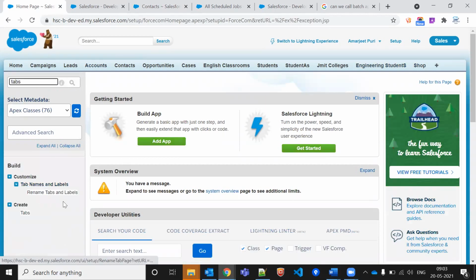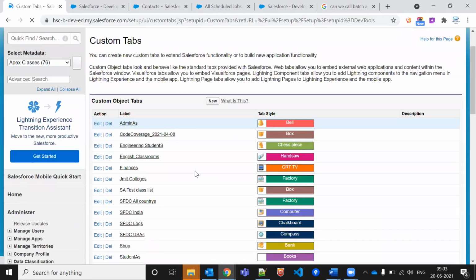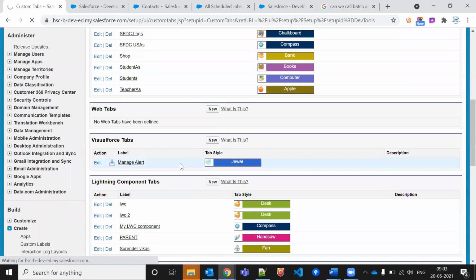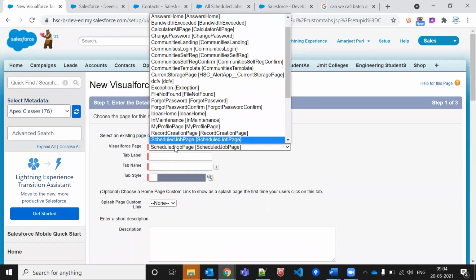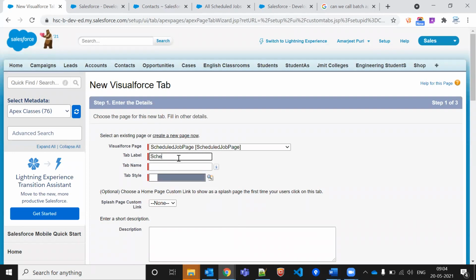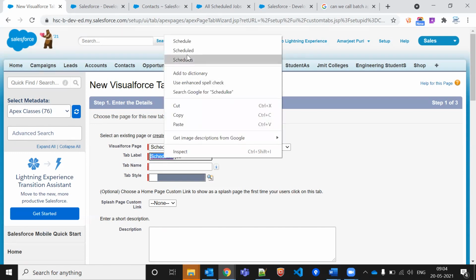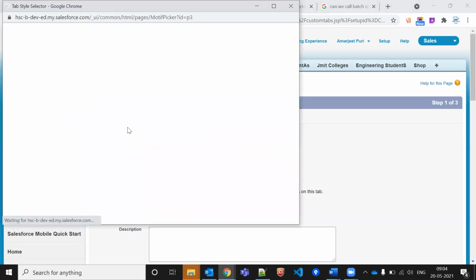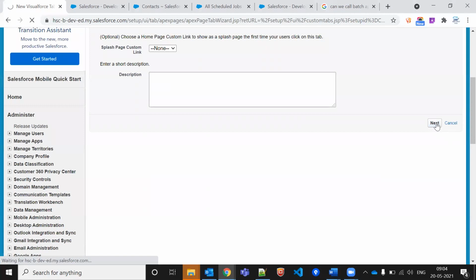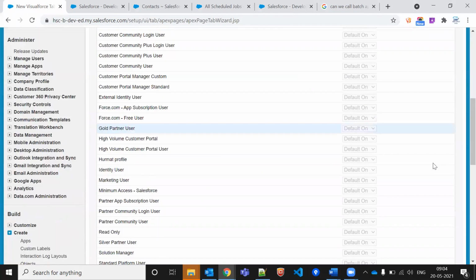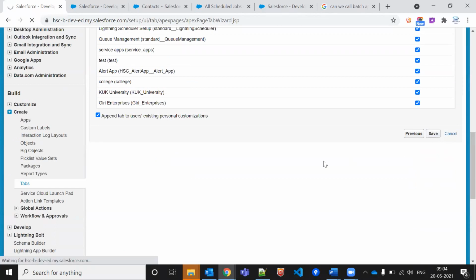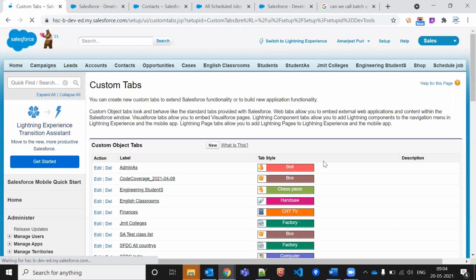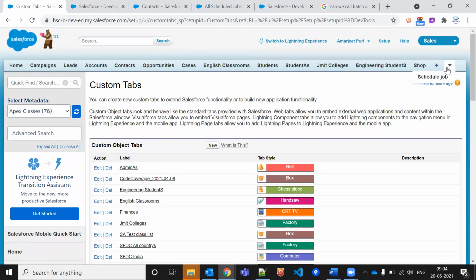So we'll create the Visual Force page tab, whatever the Apex scheduled job page is. Okay, we are able to see the tab here, the scheduled job.